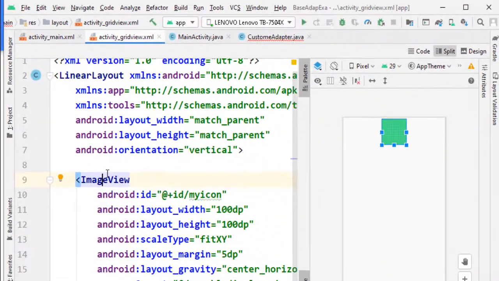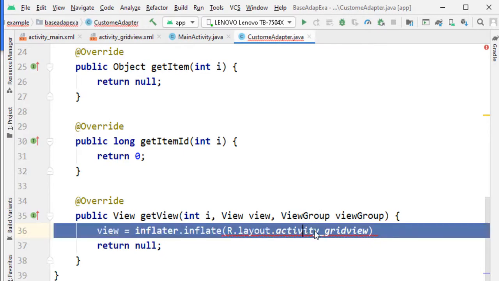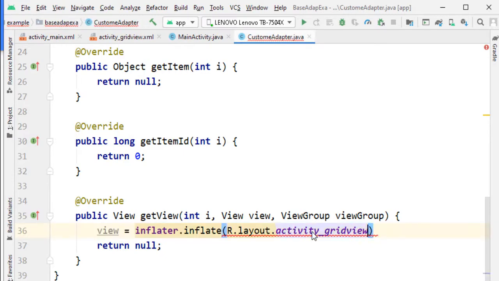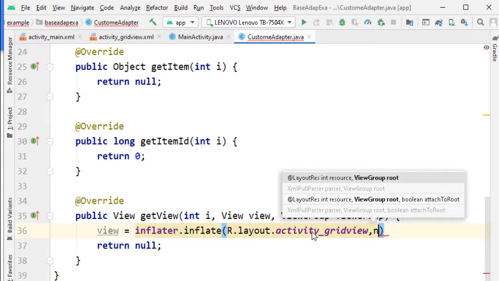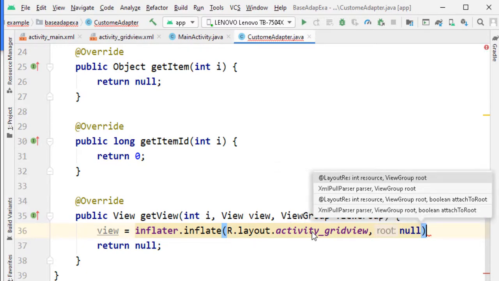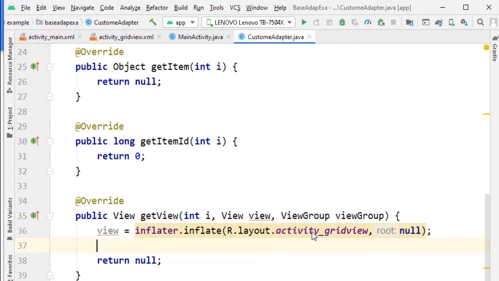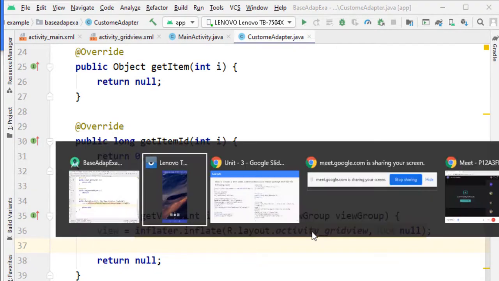You can see here, the layout where the image view is placed, you have to put the name of that layout here first, because the image will be replaced there and you will see it displayed there. Now grid view is there, but we don't need any view groups, so by default it is going to be null. I have already explained the difference between view group and view. A view is an individual item, and a view group is a bigger container where we can keep any number of views. So this is the line that I am going to use.